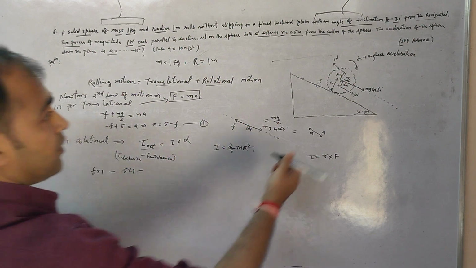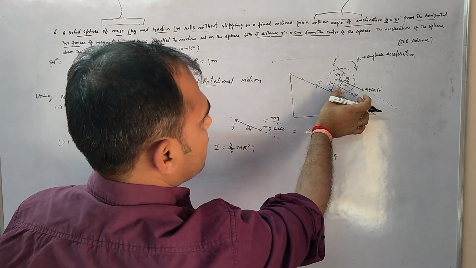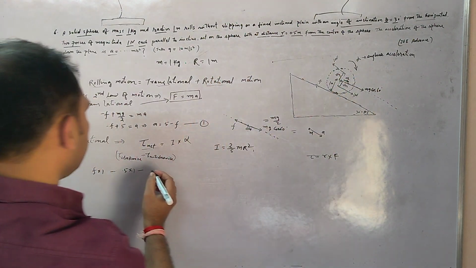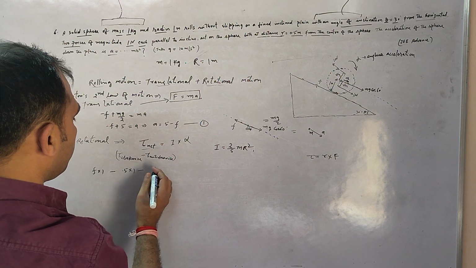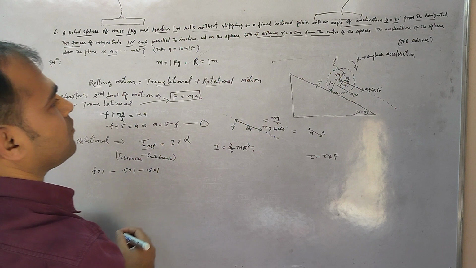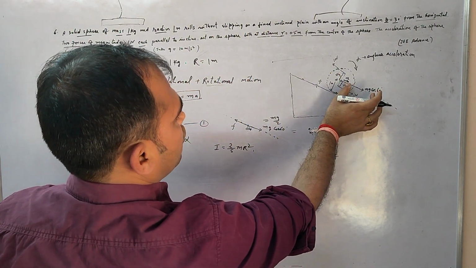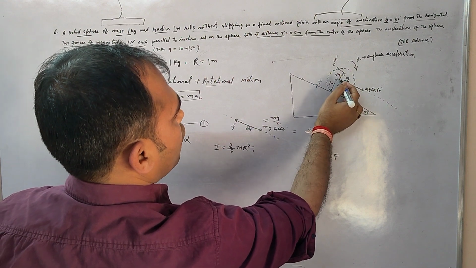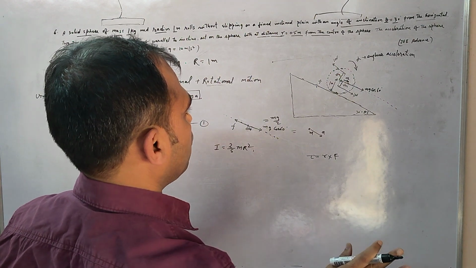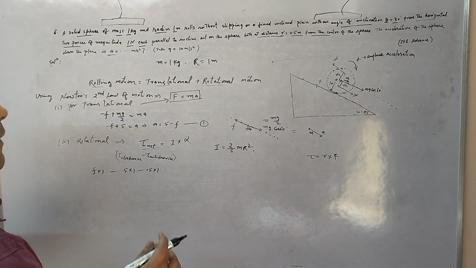Again this is also anti-clockwise, so this will be again 1 into 0.5, 0.5 into 1. This mg cos 60 degrees is along the center of mass, so torque by this will be 0, so no need to write it. Now